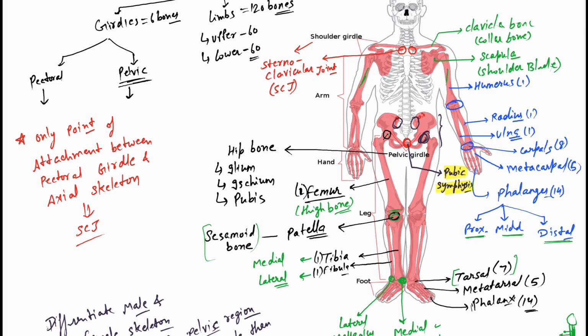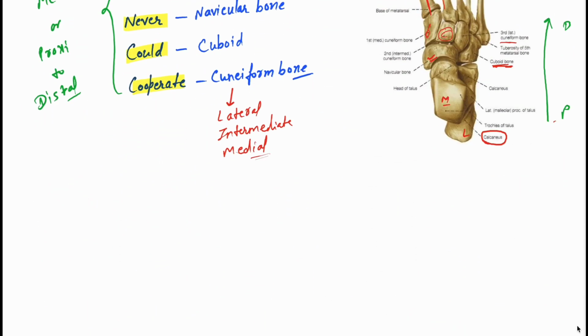As we can see in the diagram, we studied the girdles and the limbs part. So I think it's finished. One more thing about the tibia, some important things here. Another name we can use for the tibia is shin bone. Then we have the patella. Patella we already said is our kneecap.